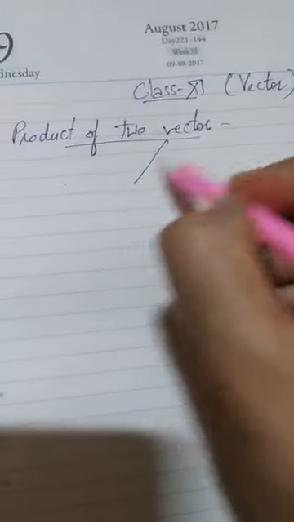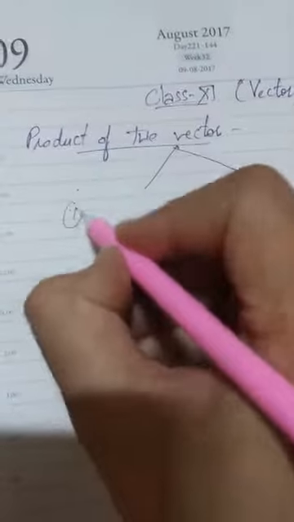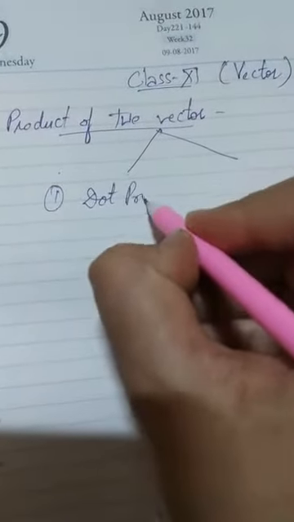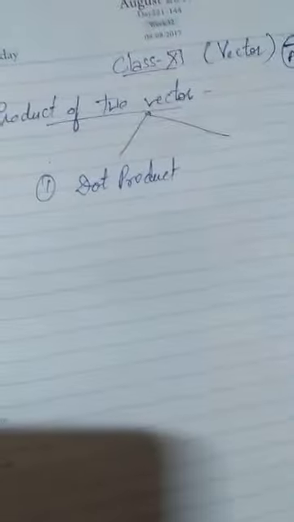After this we did the subtraction rule, the triangular law, the perpendicular law, and the parallelogram law. Next we started the product of two vectors, their dot and cross product. There I told you how we can do cross and dot products. There are two different rules for the product of vectors: one is the dot product, second is the cross product.